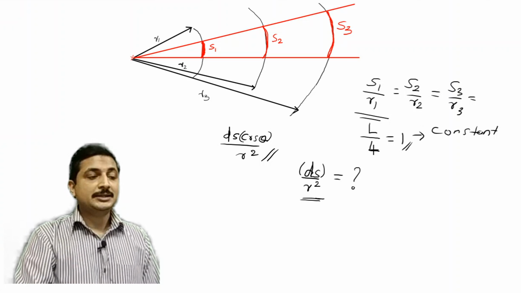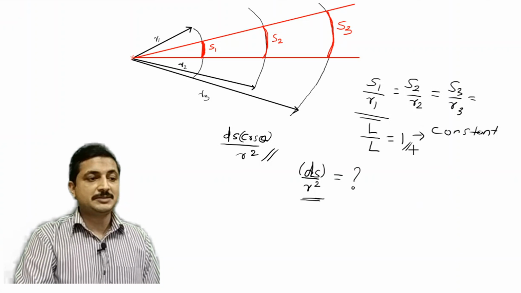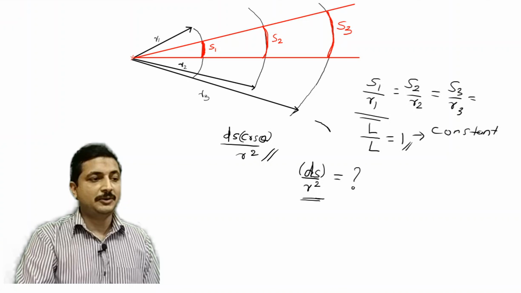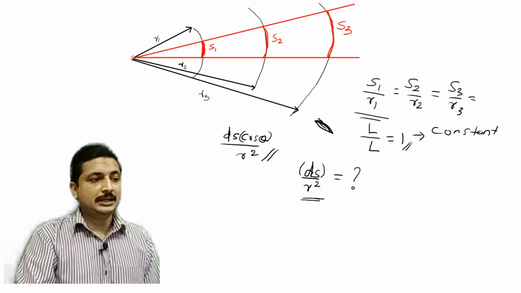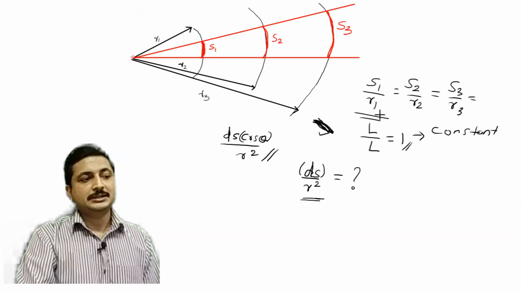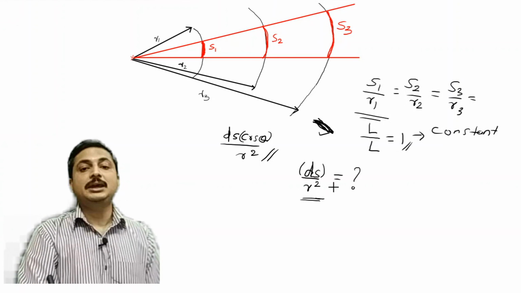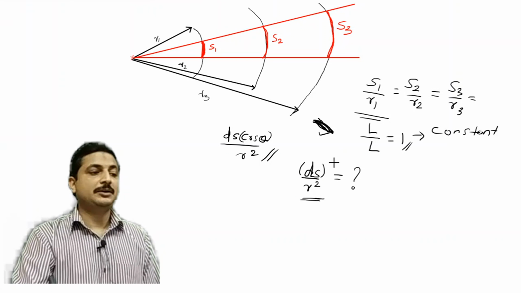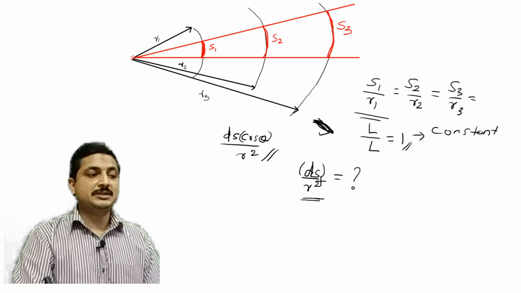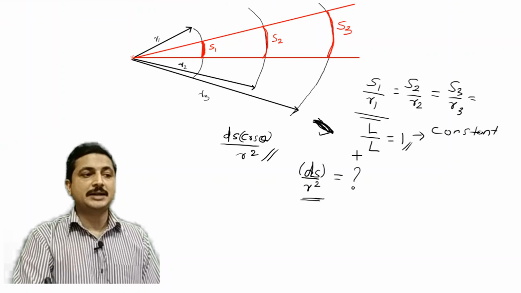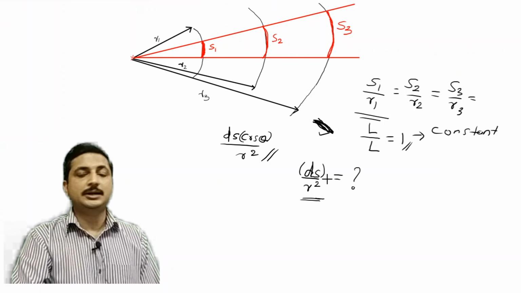Remember that. When a surface is very small, something like this, then I can consider it as an arc, because it's very small. It can be approximated as an arc. That is how I am extending this idea to surface. It is not true for any surface, please remember that. Here the surface is very small, so I can approximate it as an arc. That's why I can extend this idea to surface area.